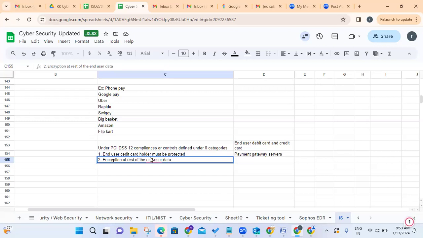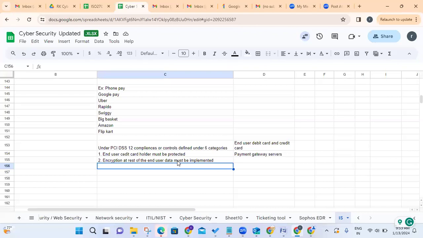Encryption at rest of the end user data must be implemented, because we are storing our credit card or debit card data in public websites. Whatever data we are storing, or confidential data related to PII, that must be encrypted. That's why whenever we are entering the 12-digit number and CVV number, especially for debit card